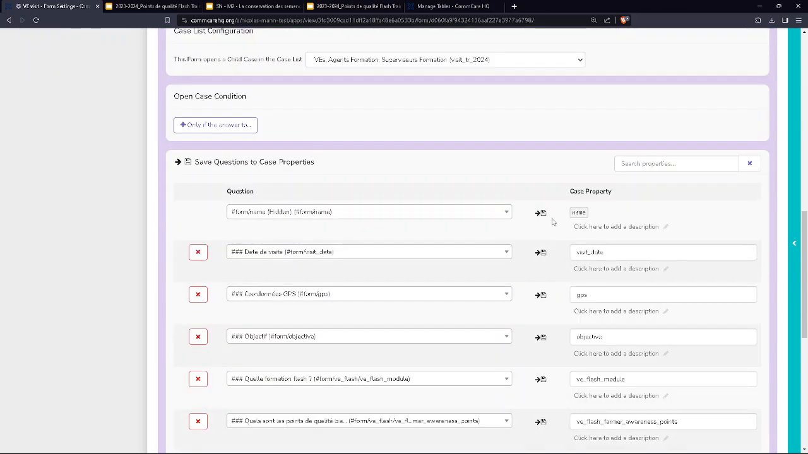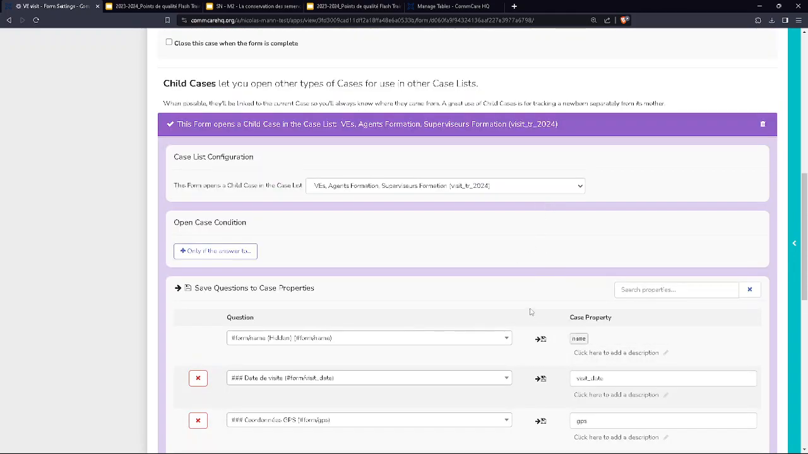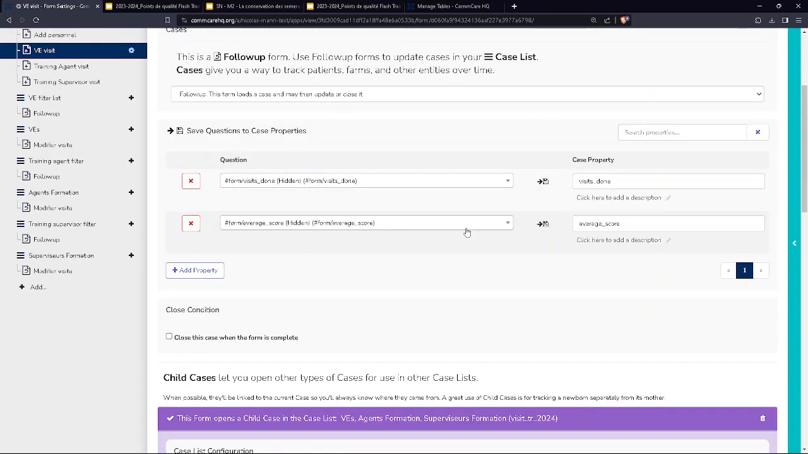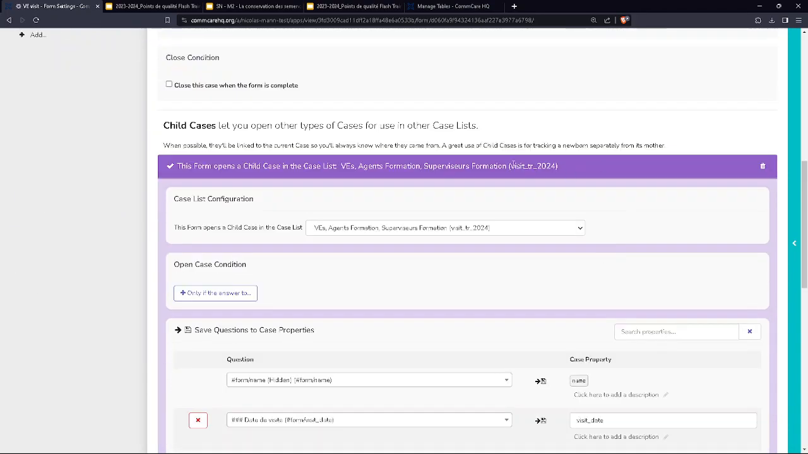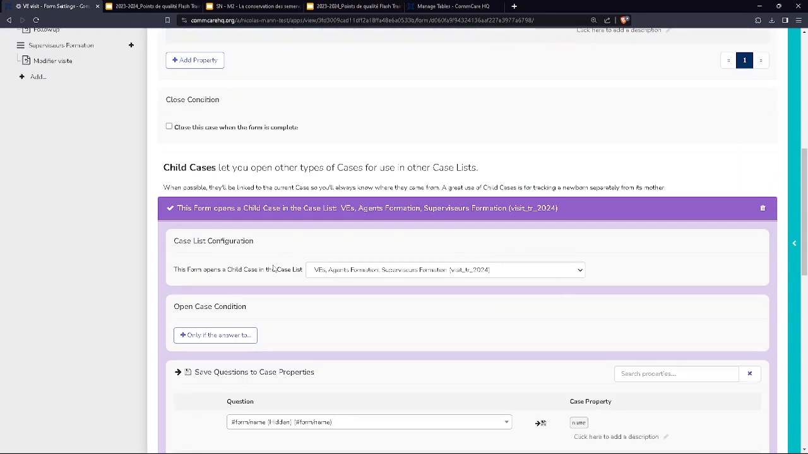And here in the background, it's going to record the parent record of this visit. So it's like a foreign key from the visit table over to the personnel table. So there will be a column indicating to which personnel this visit was done with. We don't see that here. That just happens in the background when you do this open child case